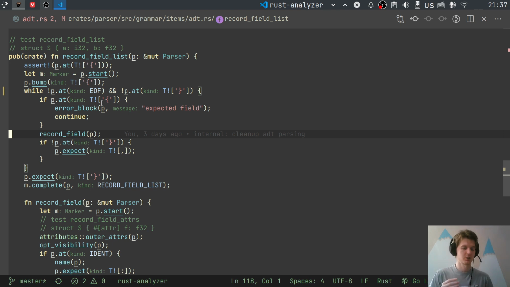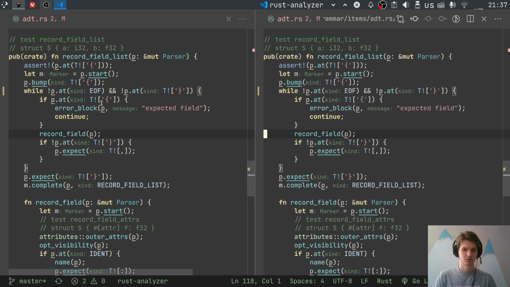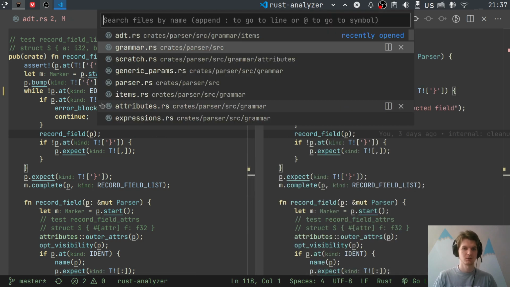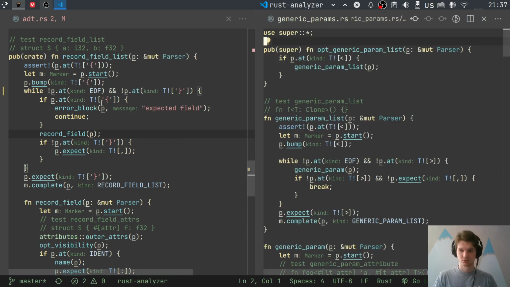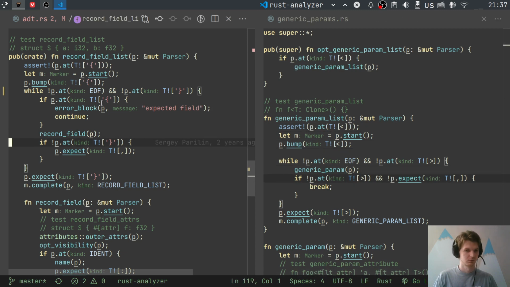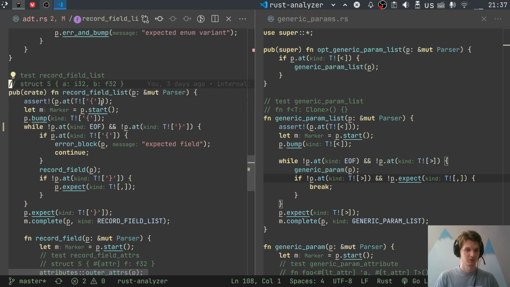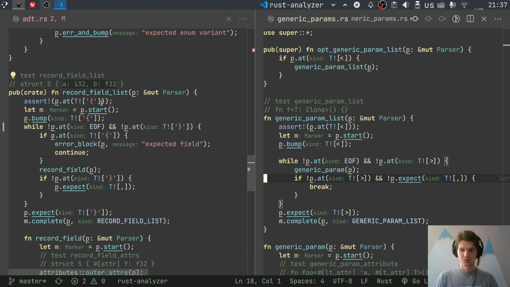So the condition here is that, actually, let me show you this in generic parameter. Right, yeah. So let's actually compare these two loops. Here we parse a comma-separated list of fields in a struct. So like this thing. And here we parse a comma-separated list